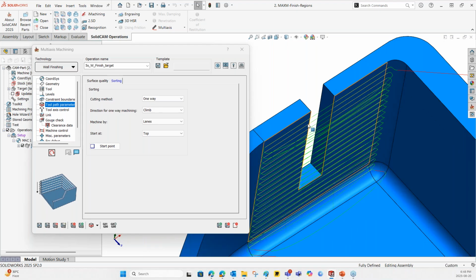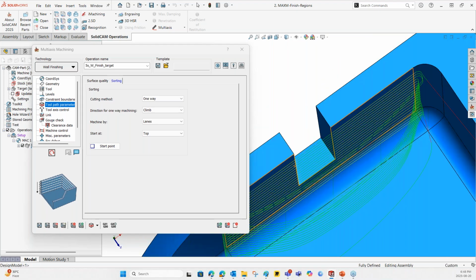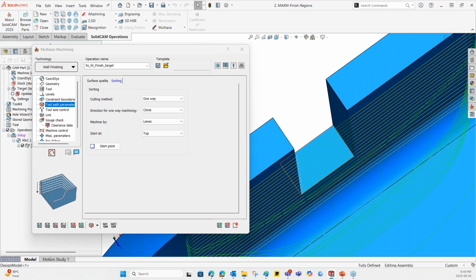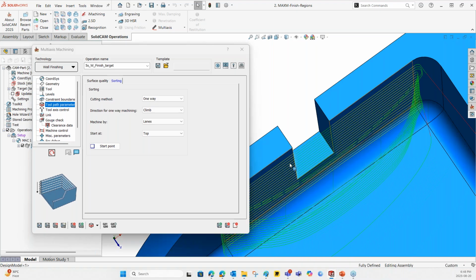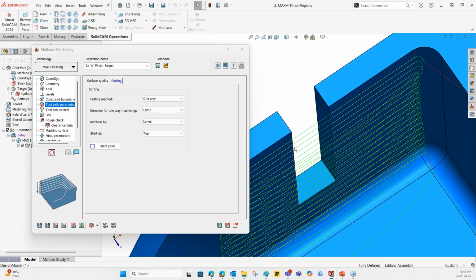If you look at the toolpath in the gaps, this is not a toolpath pass anymore, this is a link. SolidCAM creates links between those two passes